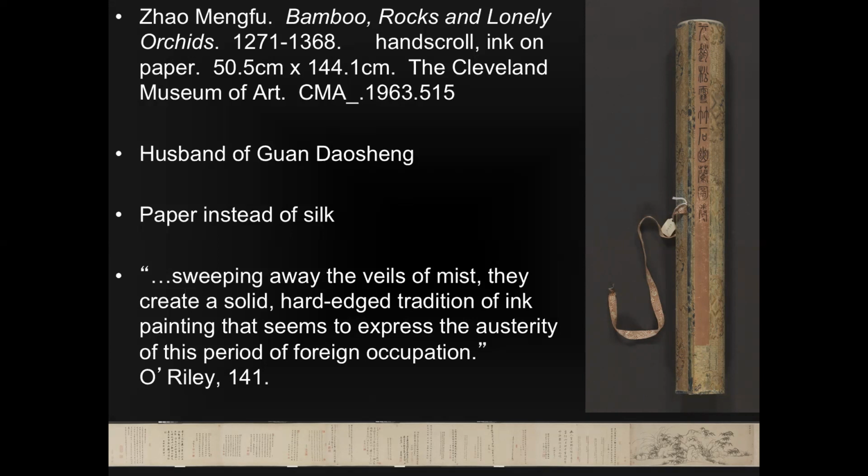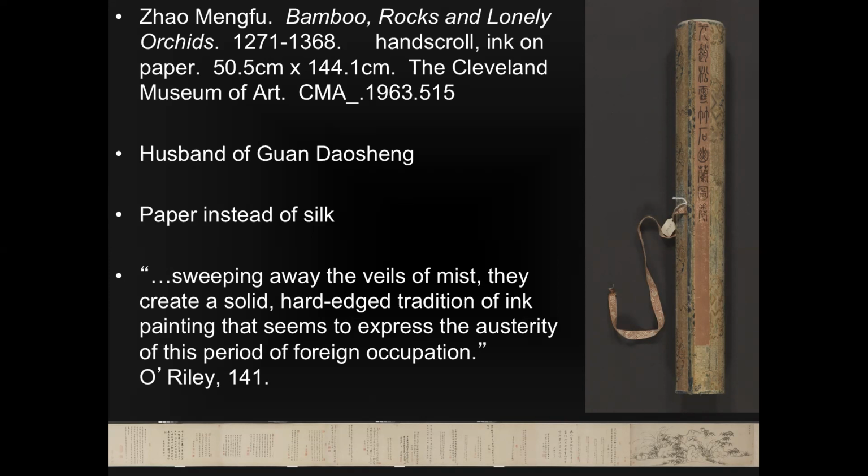But in another way, I think he's simplifying the era too much. I think we're going to see a lot of work that continues the style that we saw develop from Ma Yuan, a lot of calligraphic type of writing and poetry and Zen ideas in some of these paintings. And I'm going to be able to express some other ideas that are very important to Zen as we go on. So Jiao Mingfu is the husband of Guan Daosheng, and she is a great poet who at the time